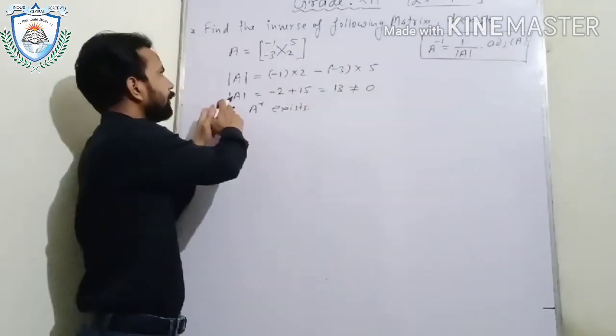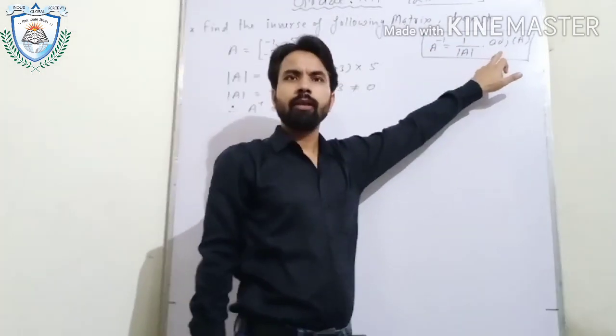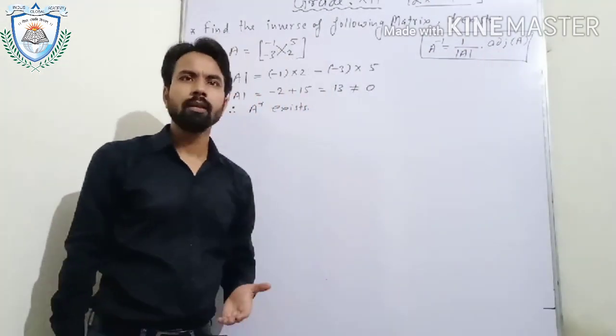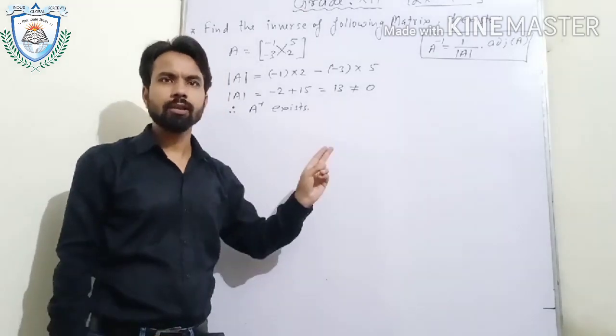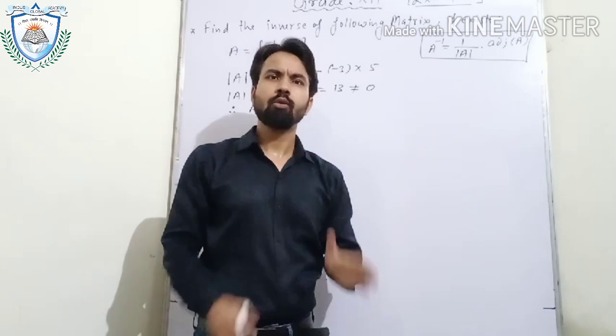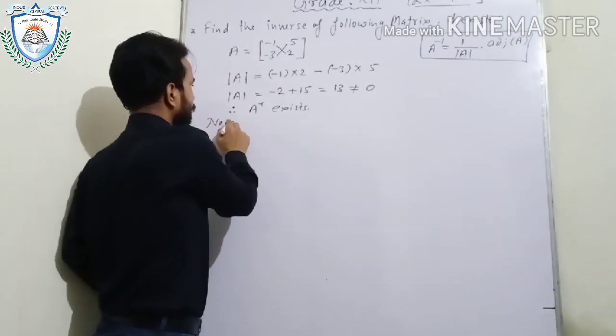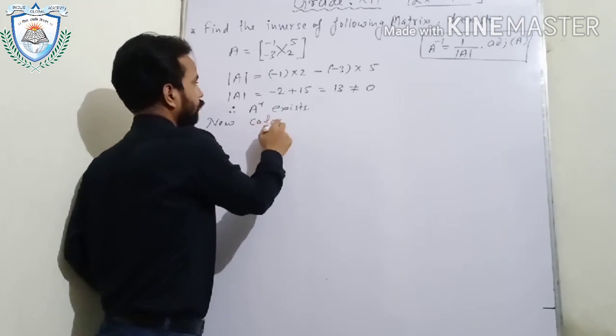So beta, determinant of A we are having. Now we have to find adjoint of A. How can we find adjoint of A? I explained you in the previous question. So for finding adjoint of A, first of all we will have to find the cofactors of A. So now cofactors of A are,